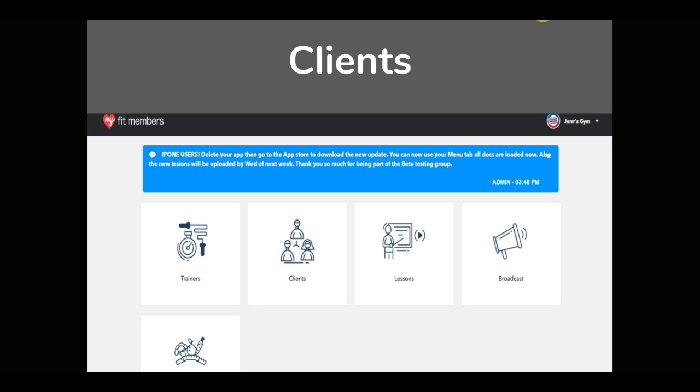You can add clients through your gym login, or you can add clients through your trainer app, okay? I highly suggest using your trainer app to do it and let your trainers upload these people, your clients, so you can give your trainers 5 to 10 clients a piece and let them do that. And let me say for the first 2 weeks,